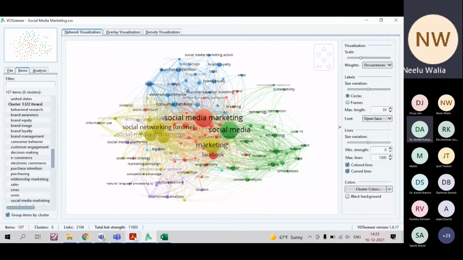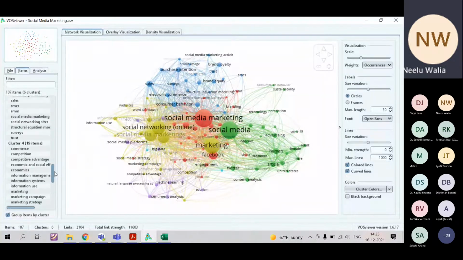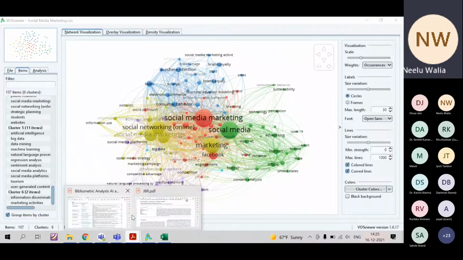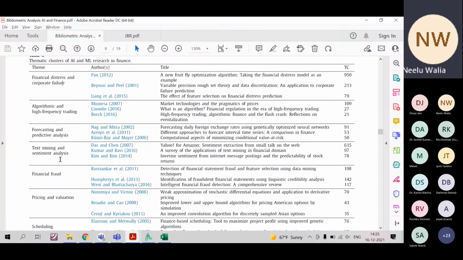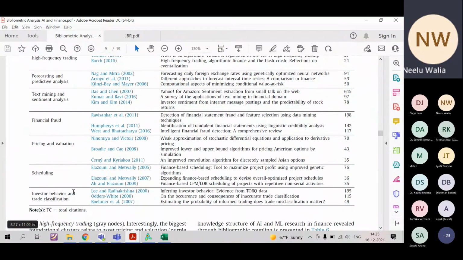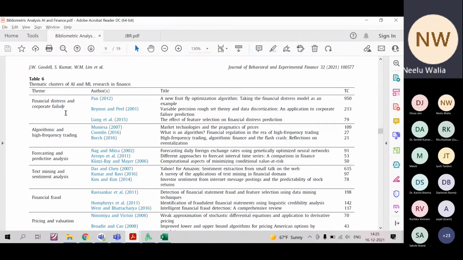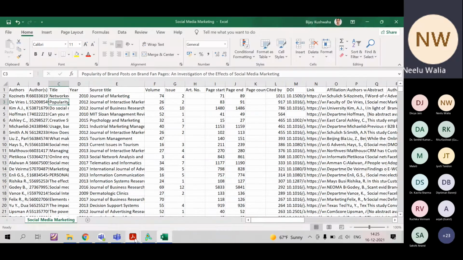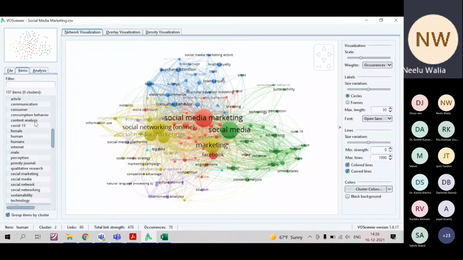So how are the cluster-based papers identified, sir, with the table? Here we have 6 clusters. Yes, sir. So you can give similarly. So 6 clusters here. Let me check how many clusters he has prepared. 1, 2, 3, 4, 7 clusters, 8 clusters are there. And then based on the cluster, now you have given a cluster name. So here, if I am giving social media marketing, let it be social media marketing.